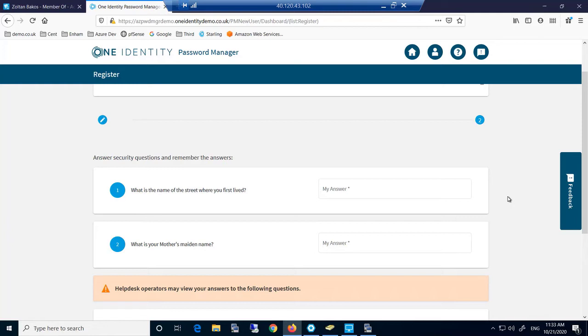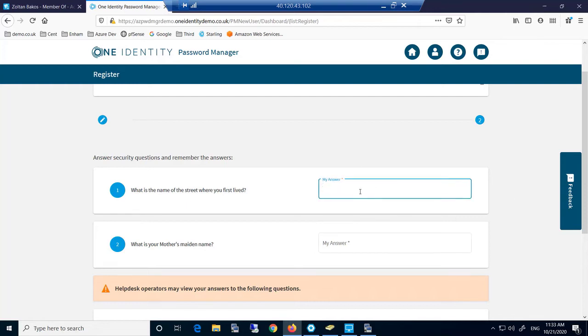So it could be some users that might be office-based, low privilege users. You might allow them to reset their password with a question and answer. Certain users with different privileges, you might request that they can only do it with a token. So again, it gives you that capability of fitting this around your different processes.